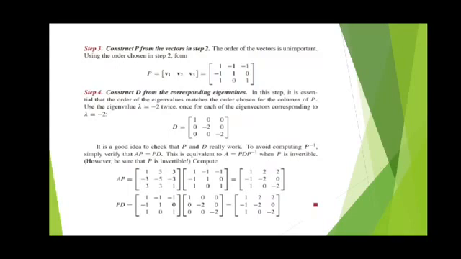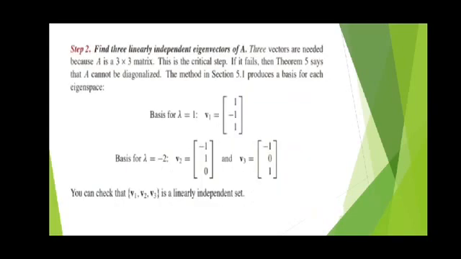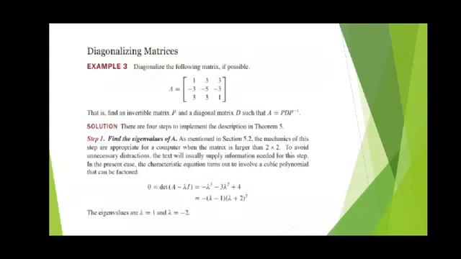Now we take AP equal to PD, then that will be the diagonal matrix. So first we discuss how to find eigenvalues. For that we take the determinant of A minus lambda I. A minus lambda I means what happened here? First we take the given matrix: 1 3 3, minus 3 minus 5 minus 3, 3 3 1.